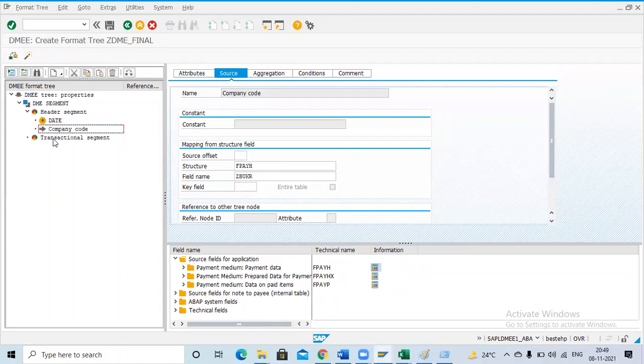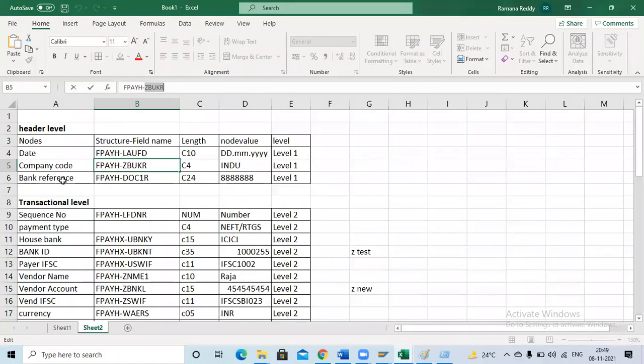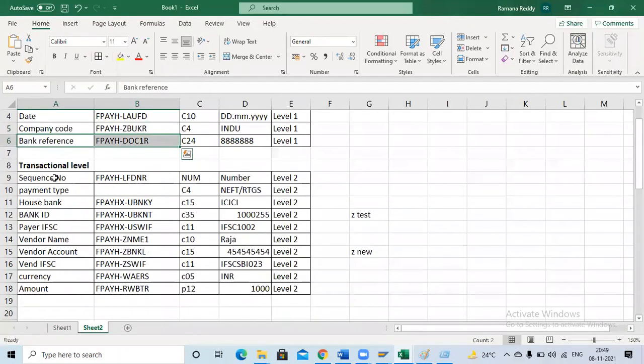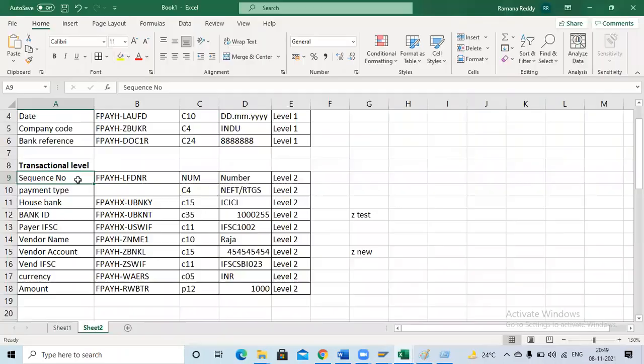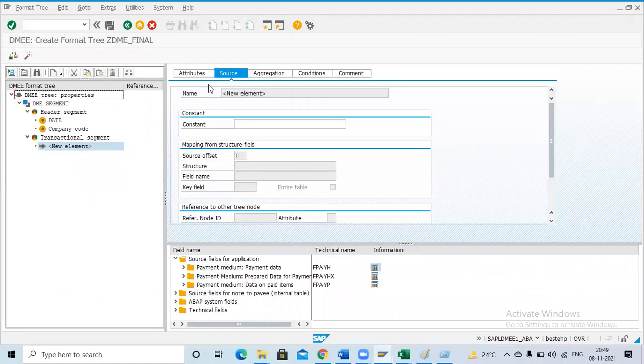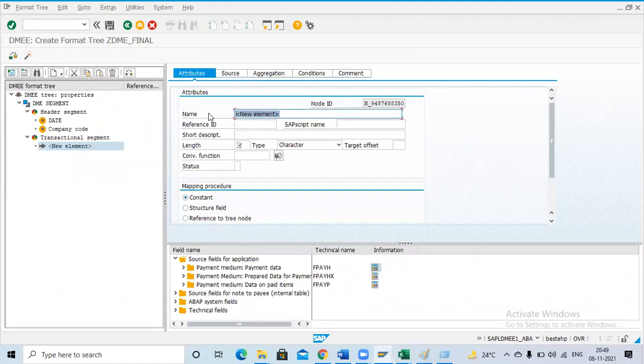Now I will go to the transactional segment. I'm not taking the difference, it's not mandatory. I'm going for the transactional level. The first one is the sequence number. Right click, create element. So for the sequence number I'm taking 10.